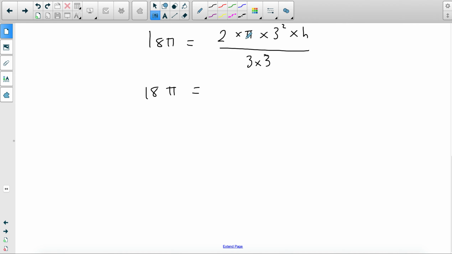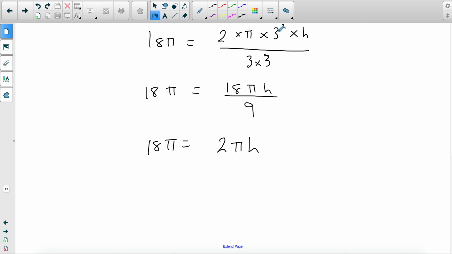Let's not use the pi just yet. We don't really like to simplify with pi just yet because you'll notice it's going to cancel out. 2 times 3 squared is just 2 times 9, which is 18 pi h divided by 9. And then you end up with simplifying these values, so you get